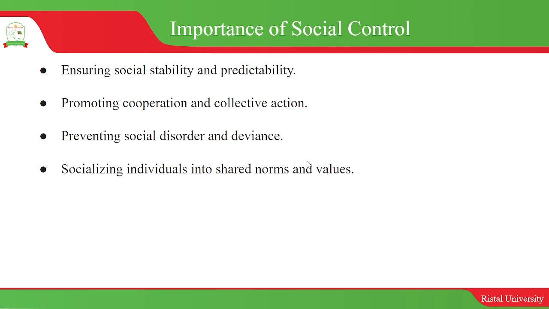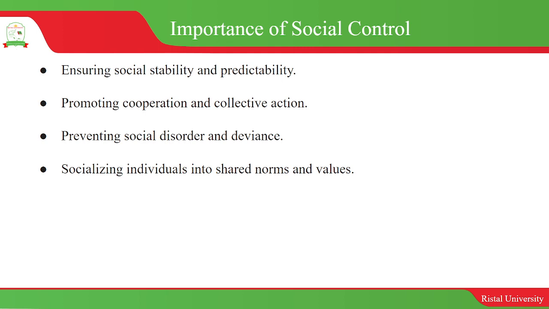So social control is very important because you don't want people to engage in activities that are against the societal values and norms. Okay, if we have a situation where people don't follow these norms, then we are going to have disorder in the society. So you will not have what we call societal order. You will have disorder, and this disorder, of course, has consequences in terms of destabilizing the society.